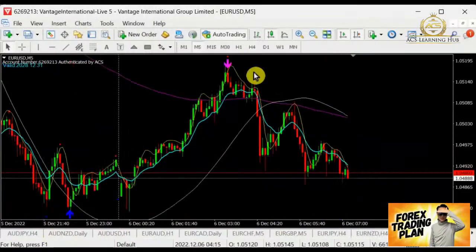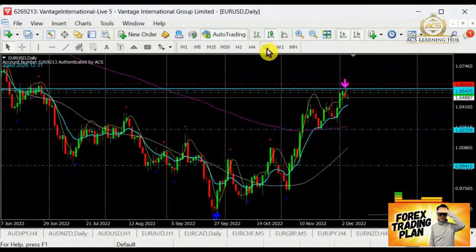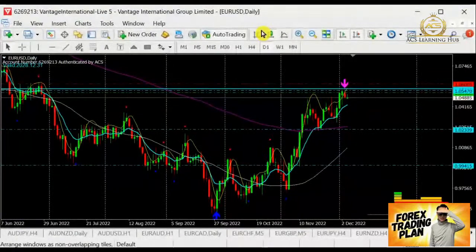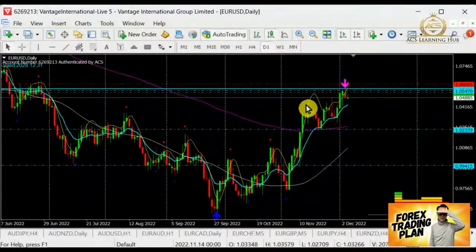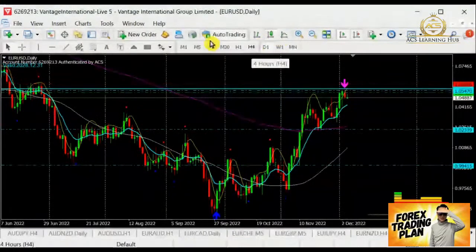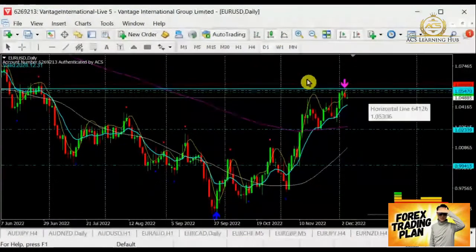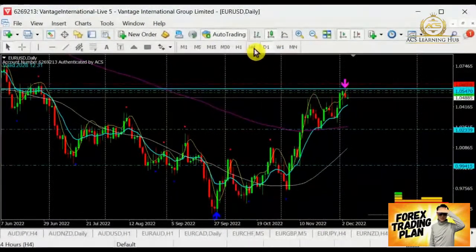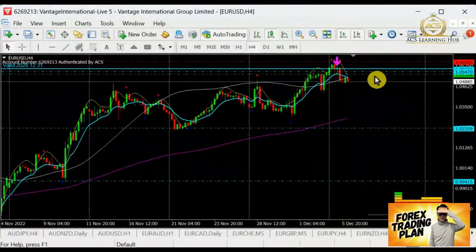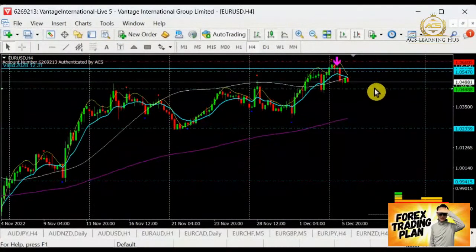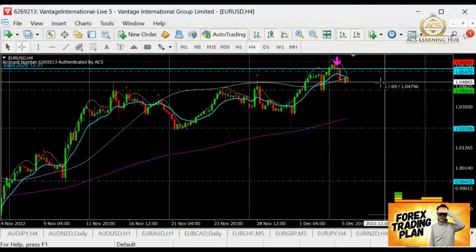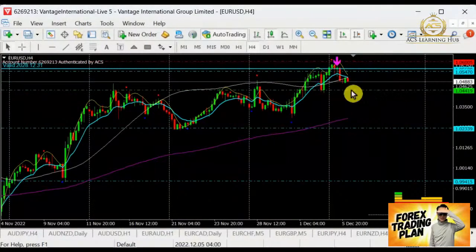Right, Euro Dollar. What about Euro Dollar? Well, for Euro Dollar, currently we have met up with my targeted resistance at this point here. So tentatively, it looks like it's going to retrace downward in the bull. It's retracing downward, so it's looking out for a support. Meanwhile, understanding that it's looking out for a support, let's identify where the support is. The support is still here. We still have about another 48 pips to go.